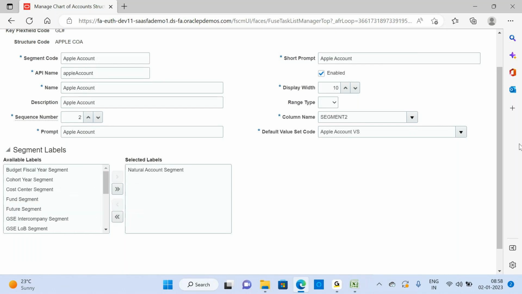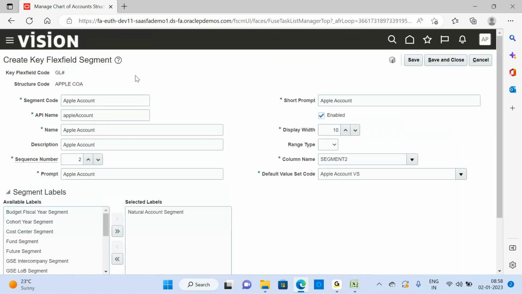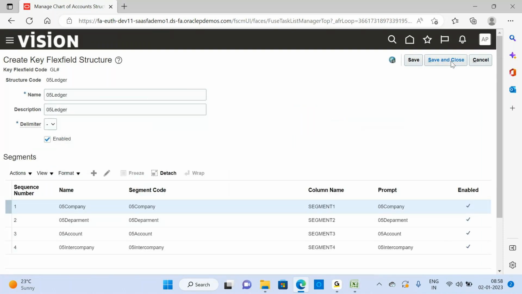Okay, I have classified the Apple account segment as the natural account segment. With that, the value accounts that I am going to enter under this value set are going to be treated in a different way, which means,